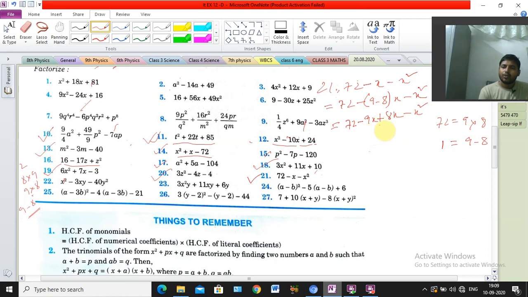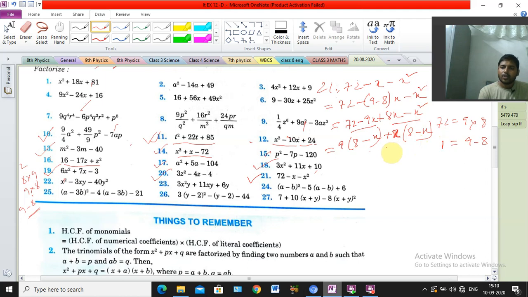So now we are getting 4 terms. Clear or not? So we take common from the first 2 terms and the last 2 terms. What is the common? 9 is the common. If we take 9 common, we get 8, because 9 times 8 is 72, minus x, since 9 is already taken common. Clear? Plus, the last 2 terms, what is common? 8? No, 8 is not possible. Only x we can take common. If we take x common, 8 will come, minus, from x square, x taken common, another x will come. Clear or not?